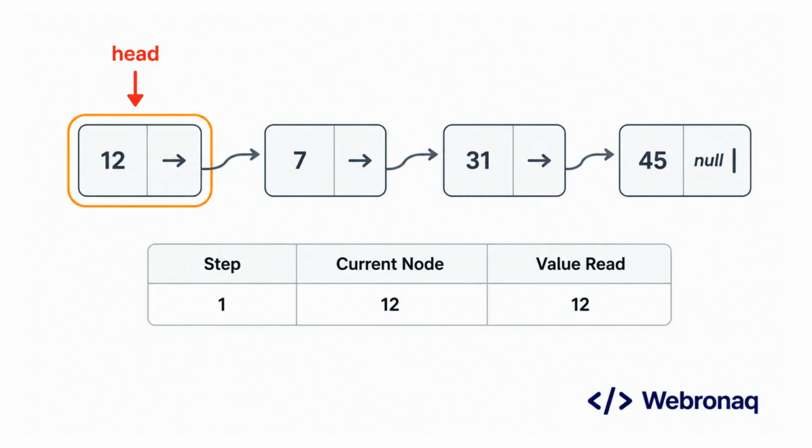Notice we never jumped directly to node 3. We had to walk the chain one step at a time. That's what traversal means, following pointers in sequence, from head to null. The trace table below tracks exactly what we visited and when. One step, one node, one value at a time. In the next slide, we'll see why this pointer-based structure gives linked lists a real edge over arrays when inserting